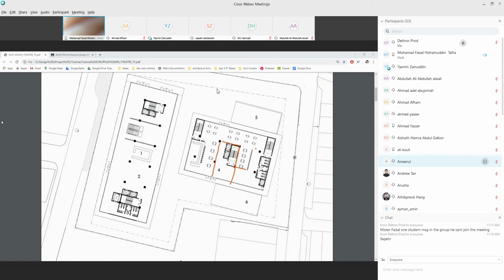So number 2 is the main lobby for the theatre. Yes. Wait, no. The main theater is on this side, the cafe side. Yeah, but the lobby for the theatre is there. Oh yeah, the main lobby is there.